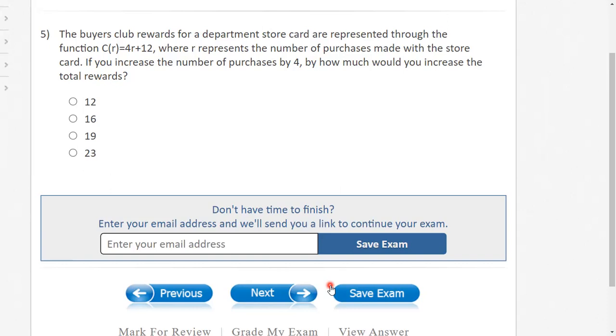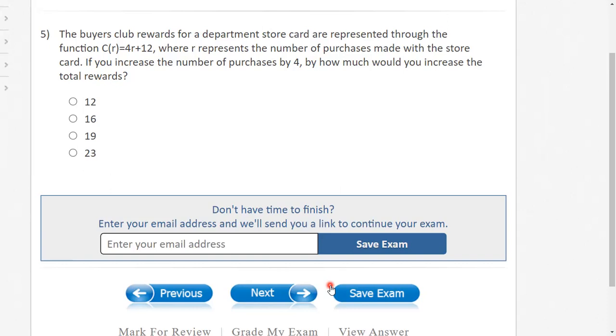Increase it by 4 will make it 8. Yes. And then how much would you get, 12? Once you can see the equation. The equation is given. The buyer club's rewards for a department store card are represented through the function CR. R is the number of purchases made with the store. If you increase the number of purchases by 4,